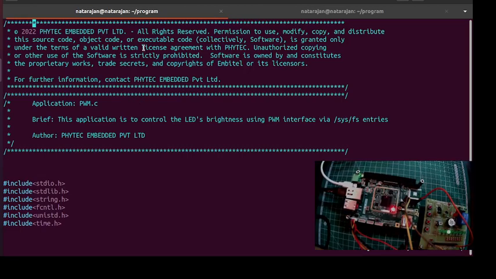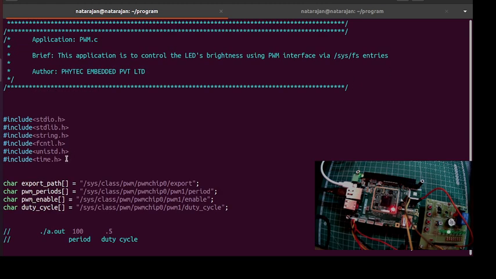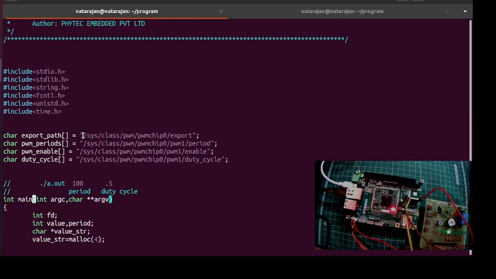Okay, in this video we will be seeing the PWM practical session. This application is pwm.c, and it is used to control the LED brightness using the PWM interface via sysfs. These are the required header files needed for this program, and as mentioned in the theory class,